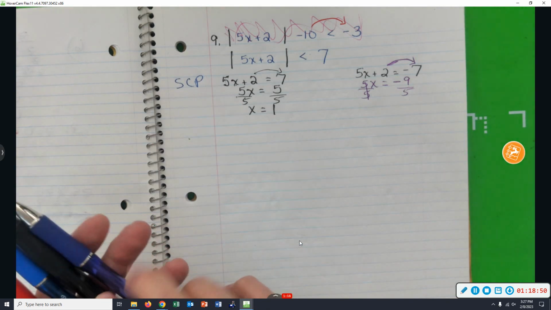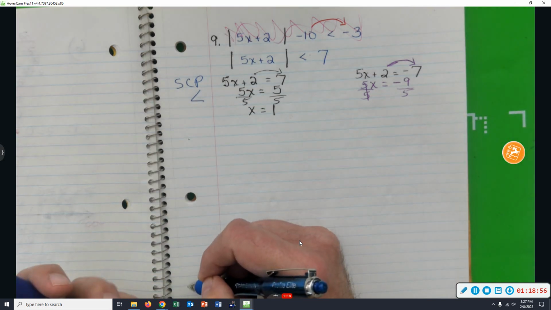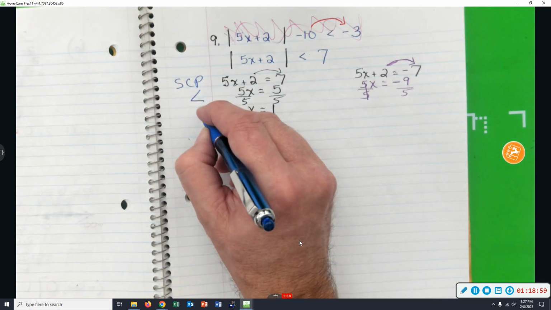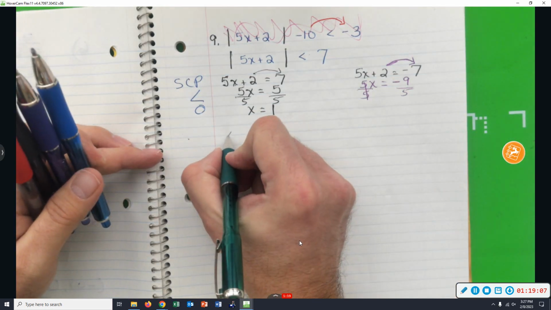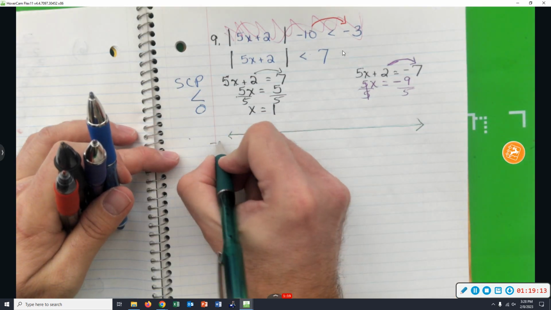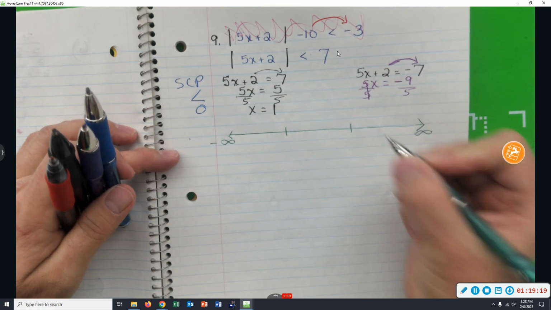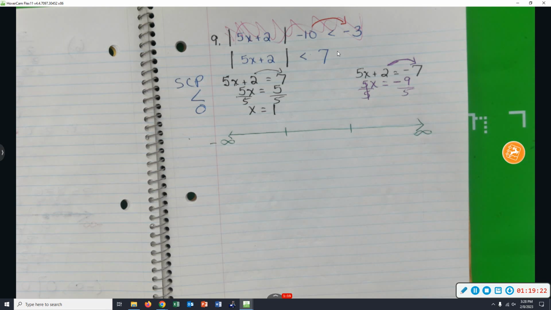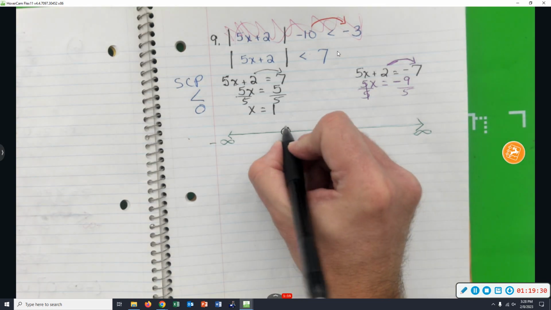For the solution cut points, you look at the symbol. There's not an equal sign on it, so what are we going to use? Open circle. Are we ready to draw the number line now? Once again, there's no fractions in the problem, so there's no fractions in the inequality, so there's no denominator cut points. Is it pretty easy to figure out which one is closer to negative infinity? Am I going to put the positive 1 or the negative 9 over 5? Negative 9 over 5, open circle,